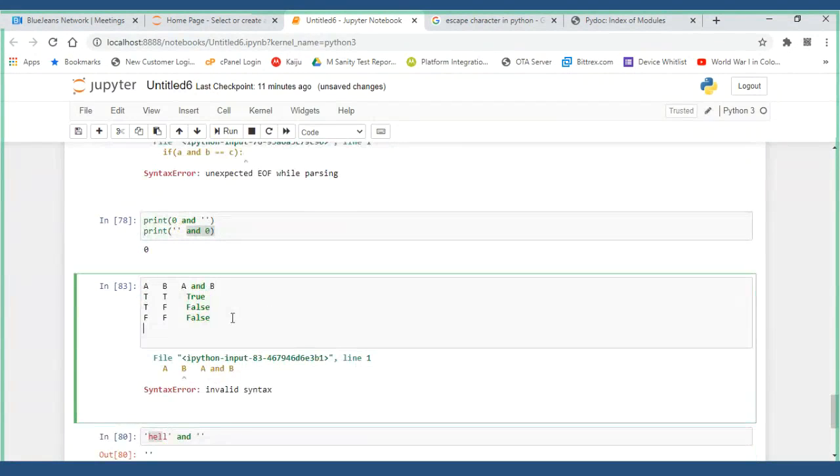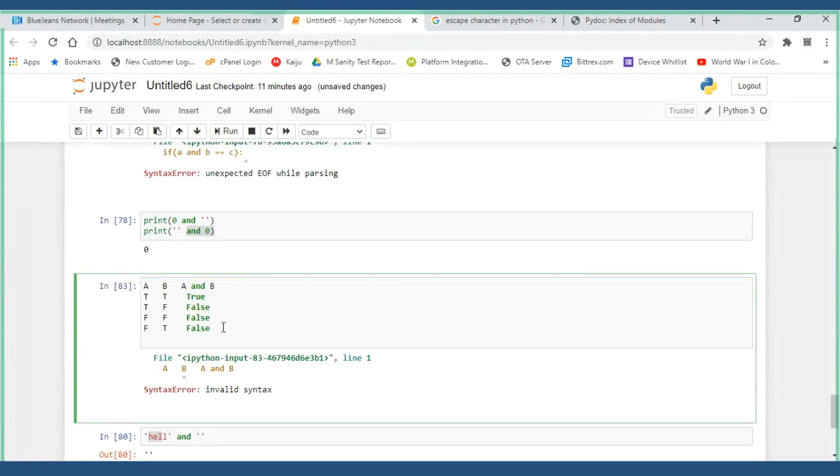Next, false, true. That is false. One thing I forgot: if one thing is also false, it means everything is false. So this is just basic to remember for us to compare. This is the AND operator.